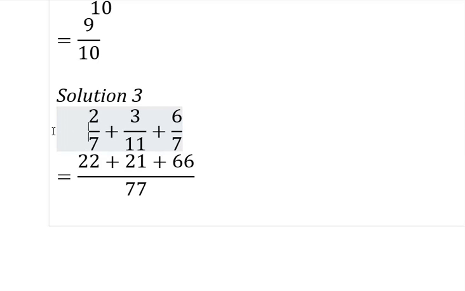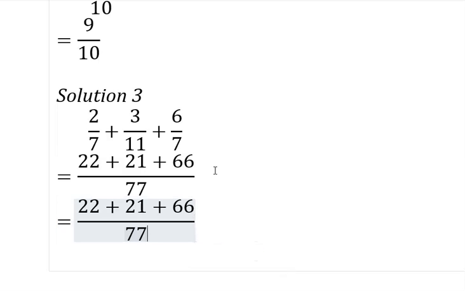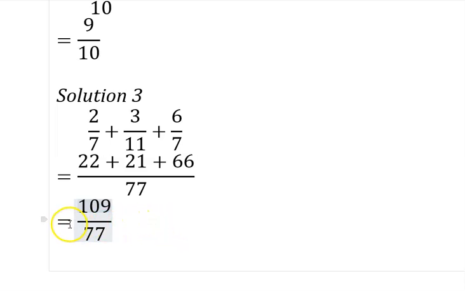We're almost there. Now, all we need to do is to add all our numerators that we have up here. You need to add everything that you have up here. Now, how are you going to add it? Simple addition. Just do it. 22 plus 21, that's 43. 43 plus 66 will give you 109. So adding all you have here will give you 109. Awesome. So now your answer is correct this way, but